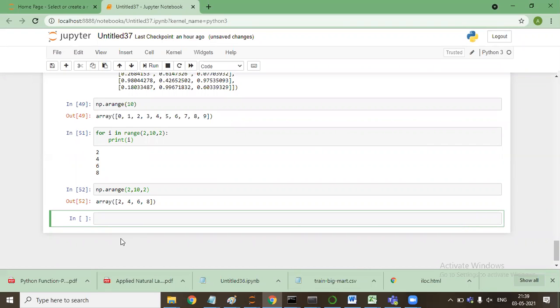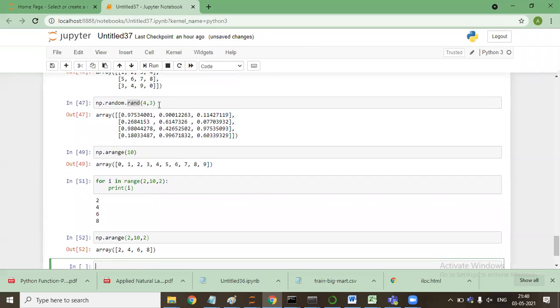Yes. Hello, sir. Can we pass some range for getting random values, like between 10 to 20, or 20 to 30? Can we give a range in that random function? The random function will give output between 0 to 1 only. So if we want between 10 to 100 or 10 to 20, can we pass some range within which we get random numbers?